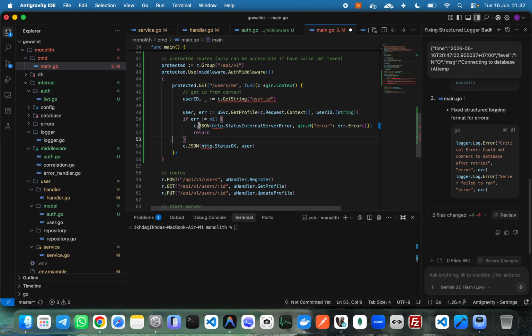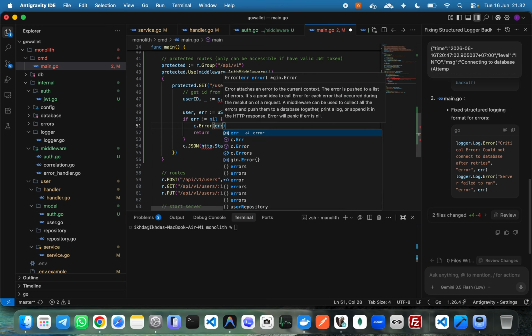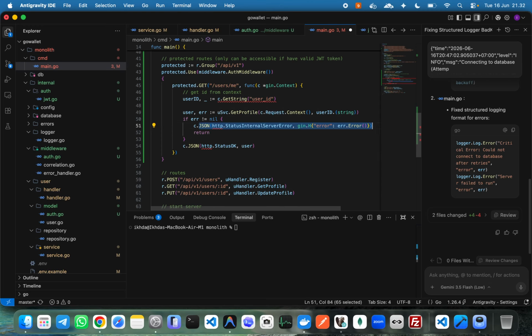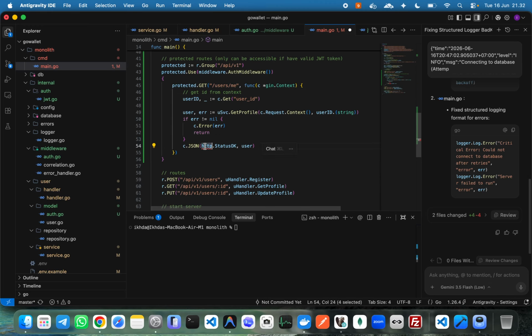If error should be error, wait, should be, yeah, c dot get, not get string. So this one should be http status. Okay,